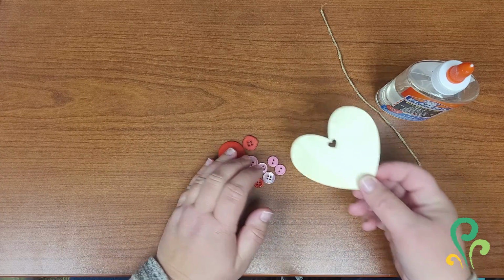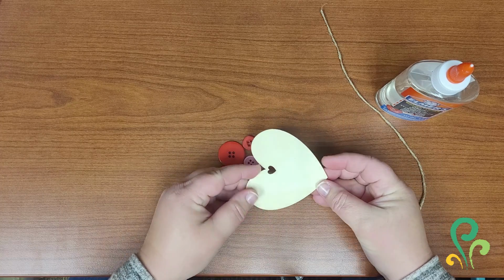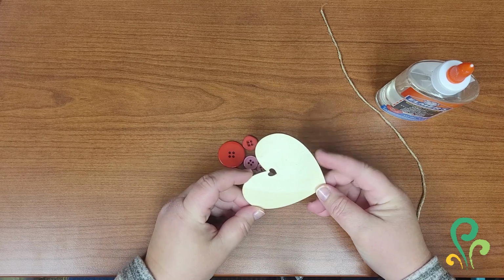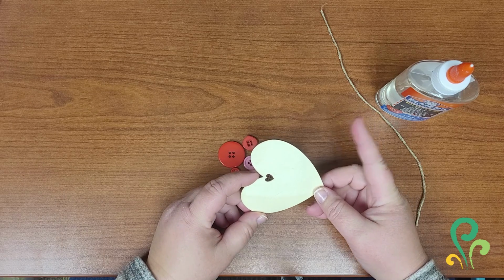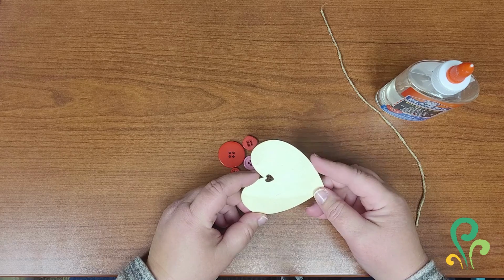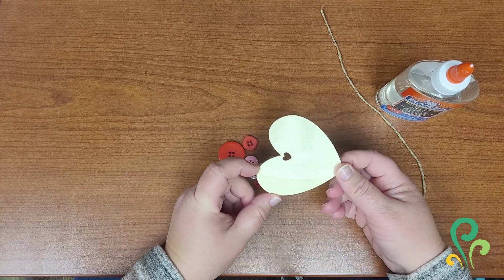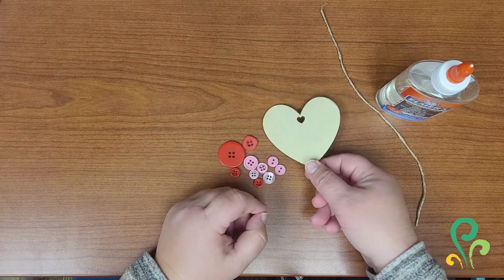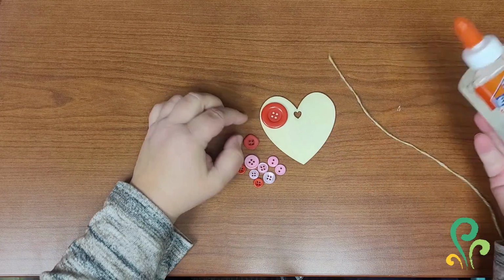So I'm going to leave my heart ornament the plain light brown color that it is. If you wanted and you have the supplies at home, you could paint it or color it with markers to make it red or pink or whatever color you like if you think that would look better, or if you just like that better. But I'm going to leave mine the plain brown, and then I'm just going to glue my buttons on. So you might want to